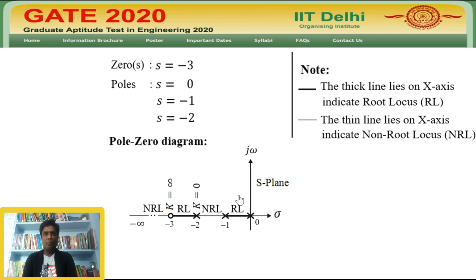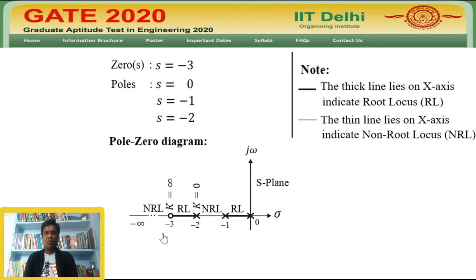Second, a breakaway point is possible if there are two poles lying on a single segment of the available root locus path of the root locus diagram. Otherwise, there is no breakaway point. According to the question, two poles are lying on the same segment of the available root locus path, at minus 1 and 0 respectively. These two poles are searching for zeros on their root locus segment, and they clash at a certain point to create a breakaway point between minus 1 and 0.